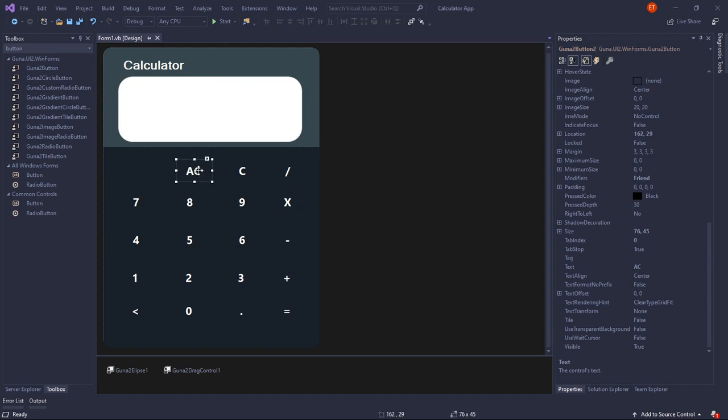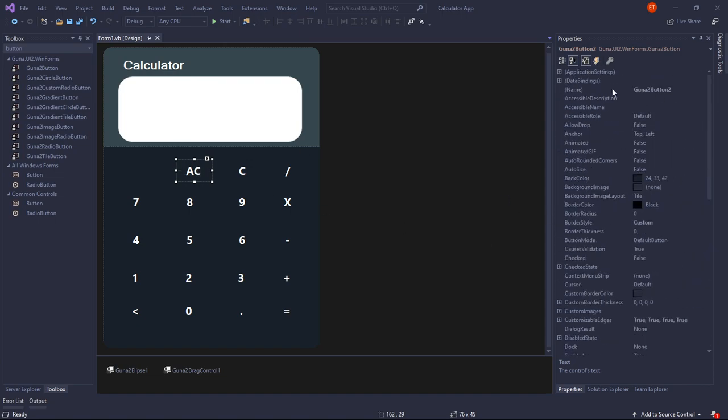Okay, so this one, I'm just going to select it, this AC, and then look for a property called name here. It is normally at the top here, and say that I want this one to be btn clear all, and then this one will be btn clear. All right, this one I'll set to be btn divide, and this one will be btn 7. This one will be btn 8. This one will be btn 9. This one will be btn multiply,